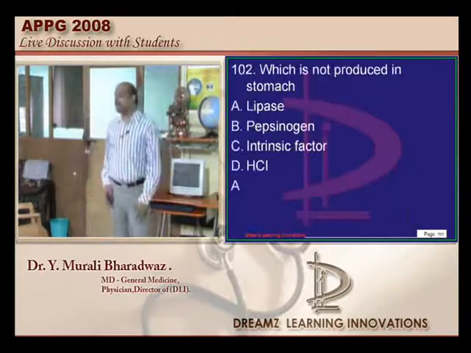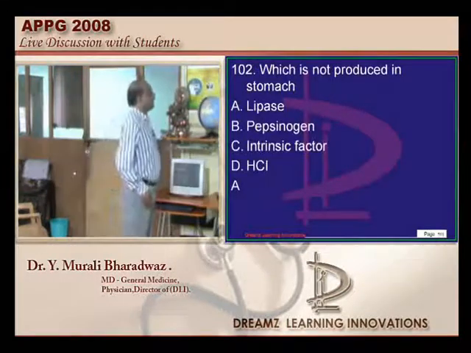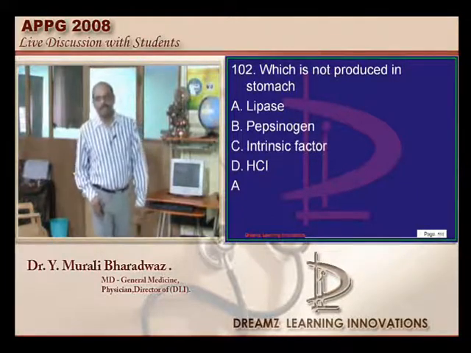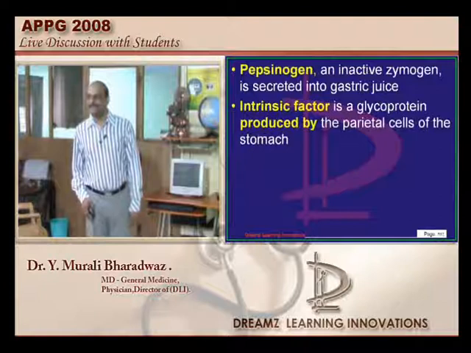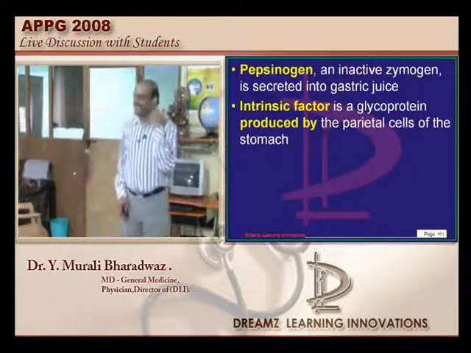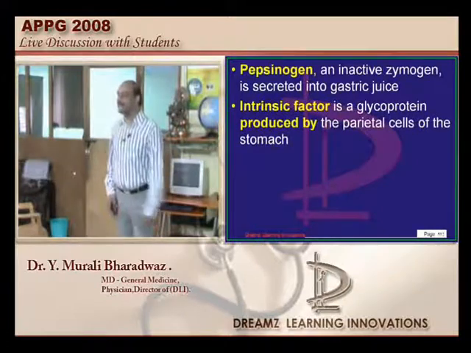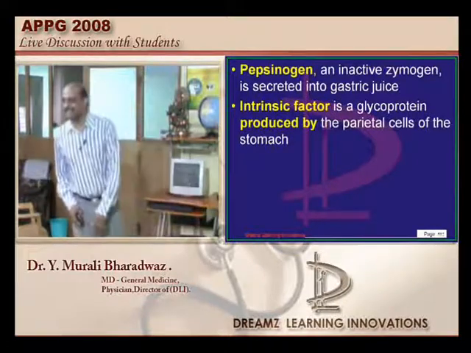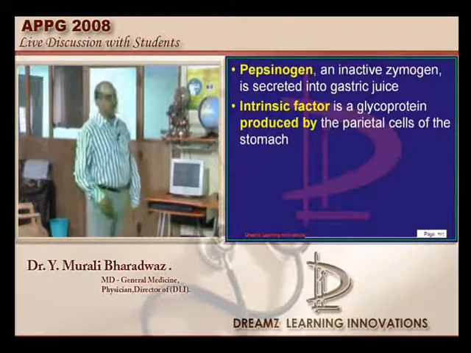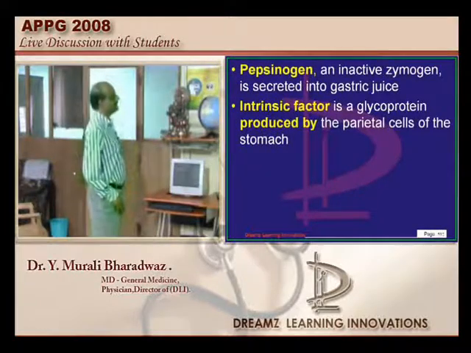Then what is not produced by the stomach? Pepsinogen, intrinsic factor, HCl, all of them are produced. Is there any gastric lipase? No. I mean, in exam hall somebody will be giving auditory hallucination. There is also a gastric lipase, so it is produced. Don't answer. So very much possible. Pepsinogen is by the gastric juice. Intrinsic factor is by the parietal cells, all of you know.